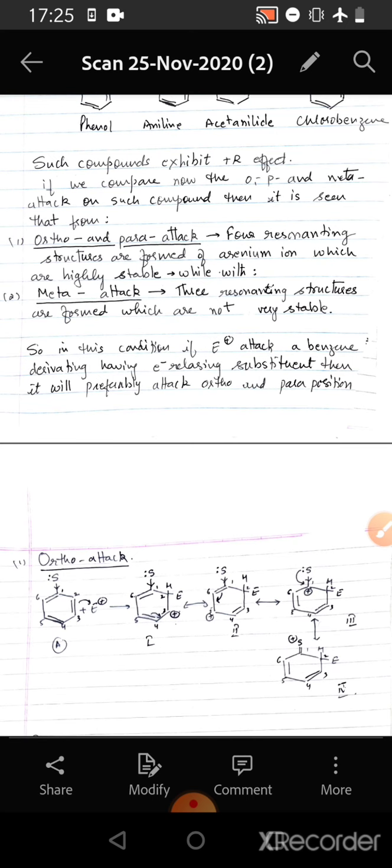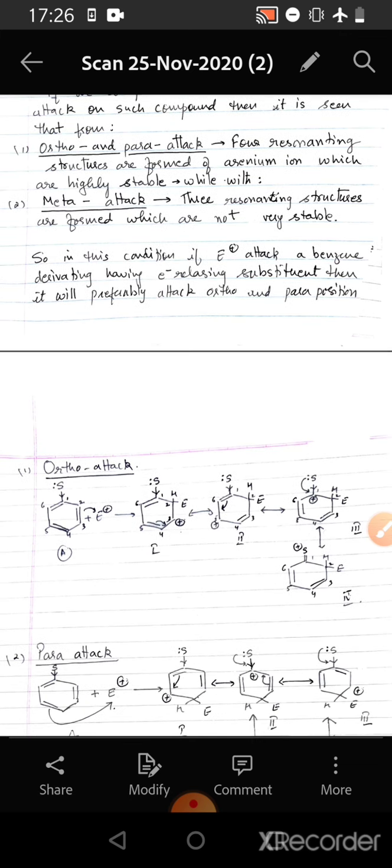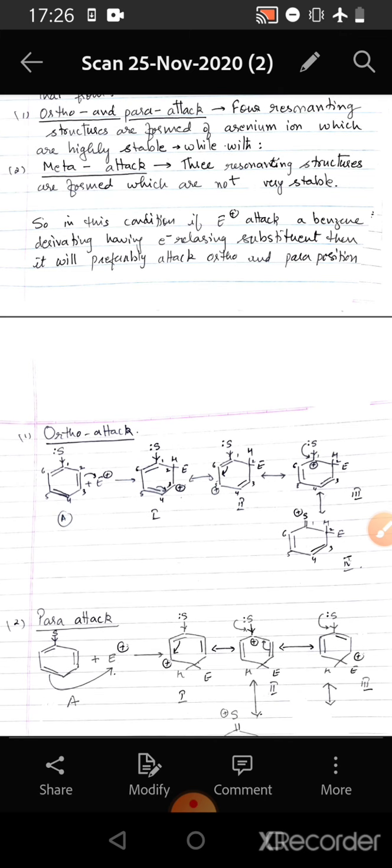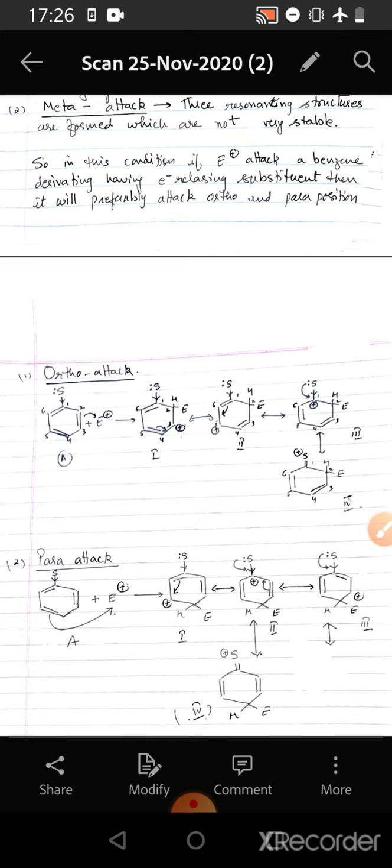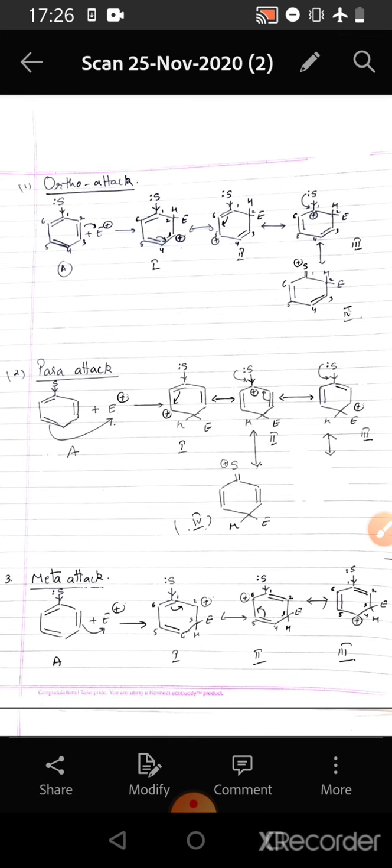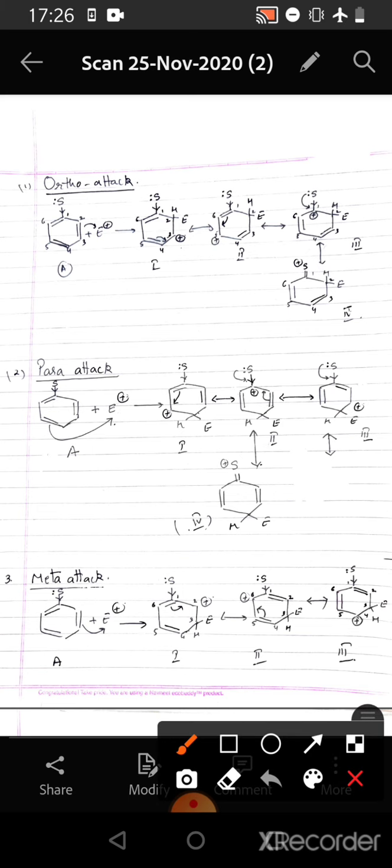If we now compare the ortho, para and meta attacks on such compounds, it is seen that from ortho and para attack, 4 resonating structures of the arenium ion are formed, which are highly stable, while with meta attack 3 resonating structures are formed, which are not very stable. So if an electrophile attacks a benzene derivative having an electron releasing substituent, it will preferably attack the ortho and para positions. So if we compare ortho, para and meta attack, then in ortho attack,